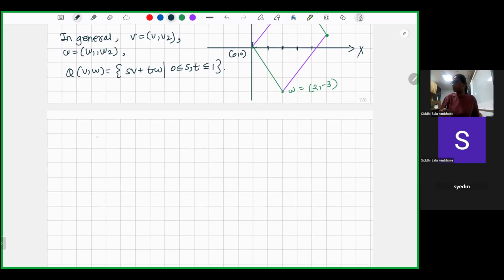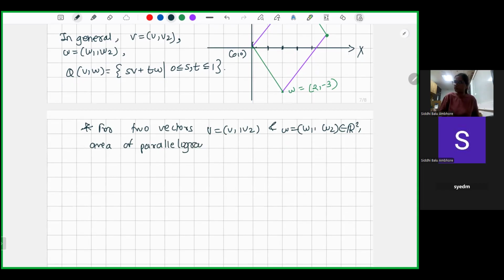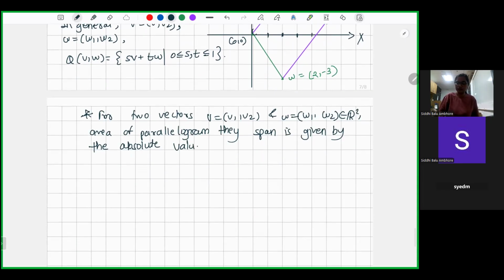So let me just, for two vectors, v is equal to v1, v2 and w is equal to w1 comma w2 in R2, the area of the parallelogram they span is given by the absolute value, the absolute means the modulus of that value, of the determinant of a matrix